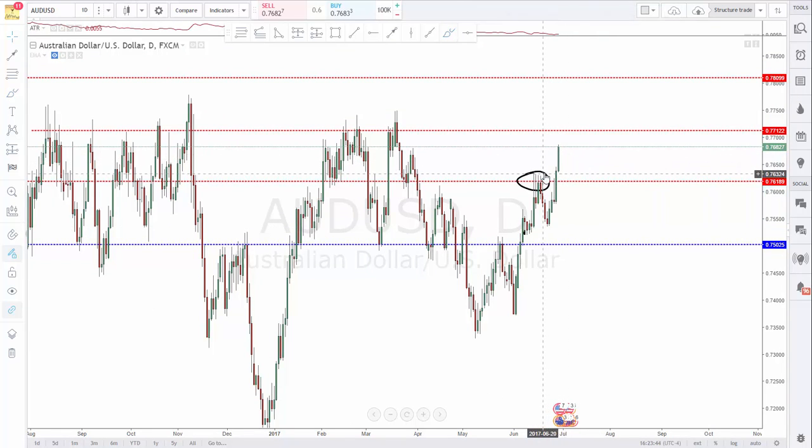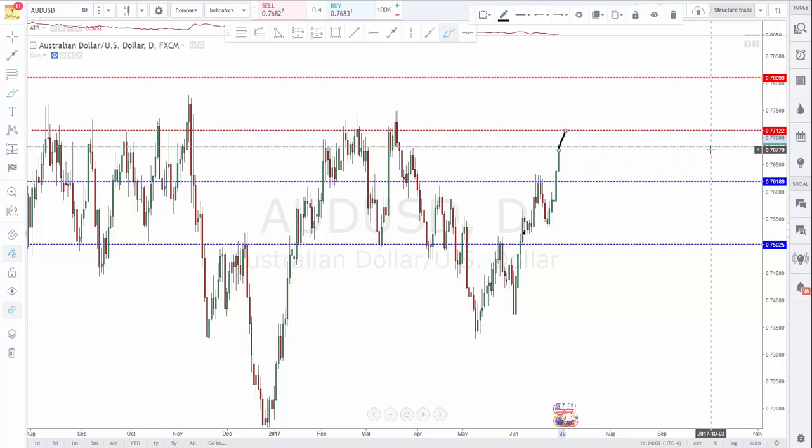So the next thing I'll be looking for here on this market, let's go ahead and turn this line to blue, because this line, since being broken and closed above, is now going to represent a level in the market that could be support. So now what we'll be looking for is either this market to push up into our next level of resistance at 0.7712, that area, and give us some kind of entry reason to push us down to our next level of daily support, or this market could very well stop where it is now and push